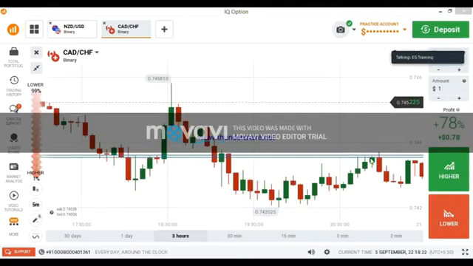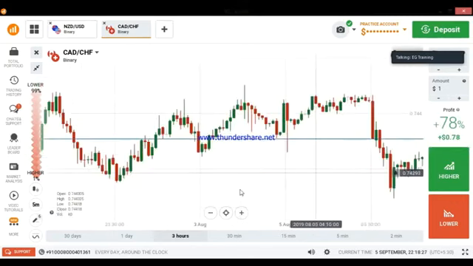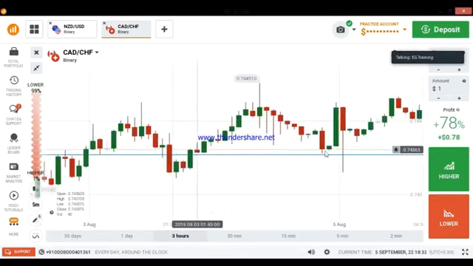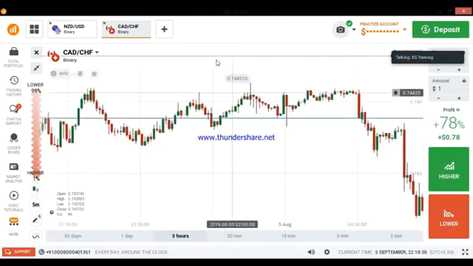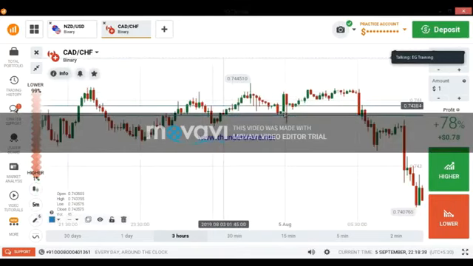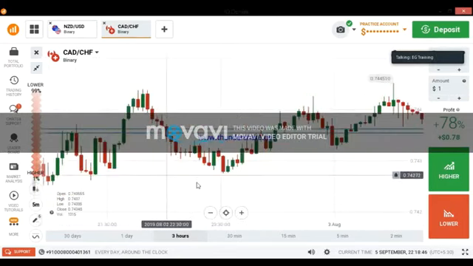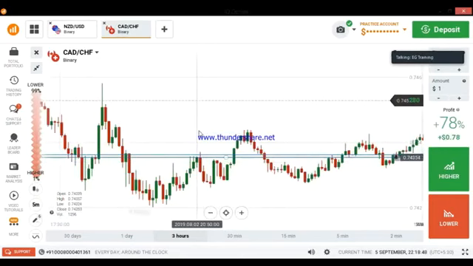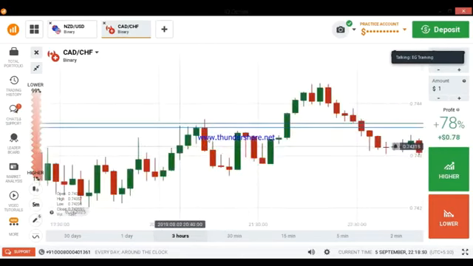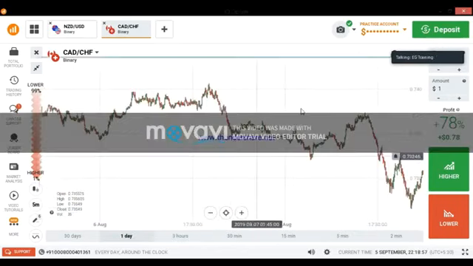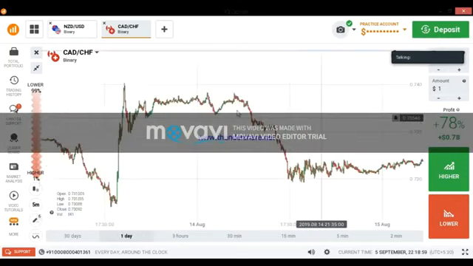Okay, I have drawn only this line, but by observing this level, there are some closing points here, right? And here also there are some closing points. Here also there is a closing point. That's why again I have drawn this line, right? You can see a closing point, the closing point of this candle and the closing point of this candle. Okay, I have drawn these two lines and have adjusted these lines too. I have adjusted according to the market. And wait, I will show you here.